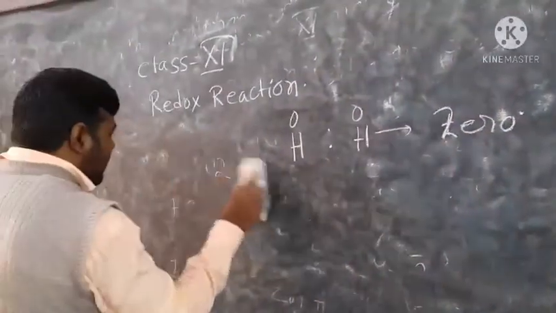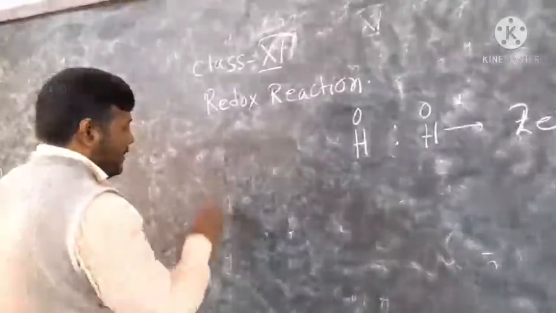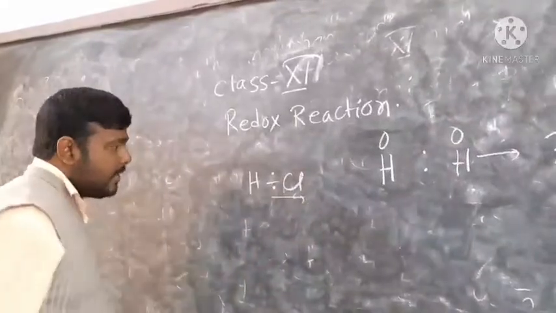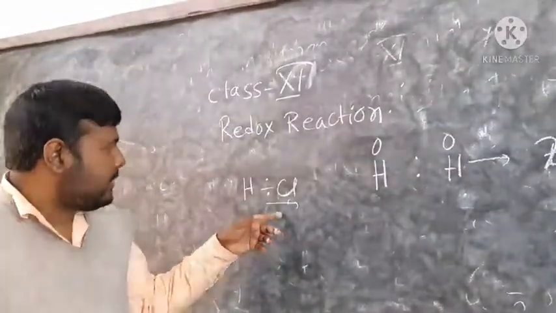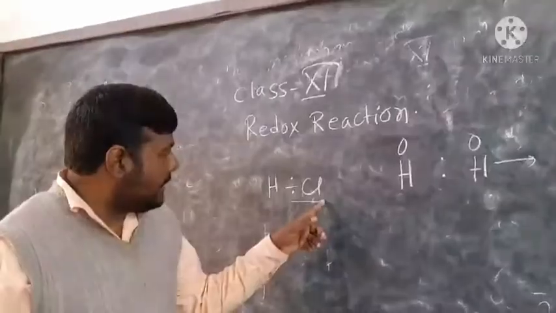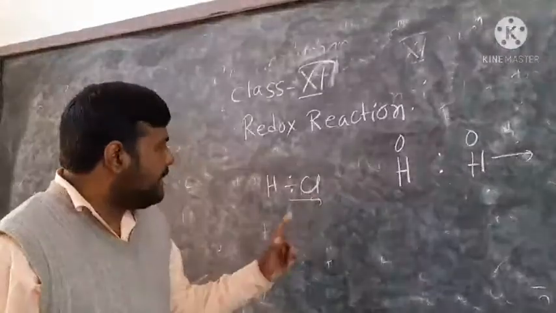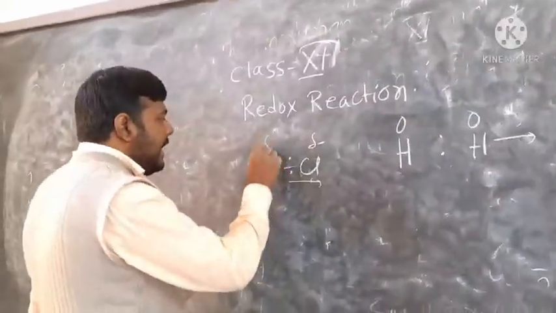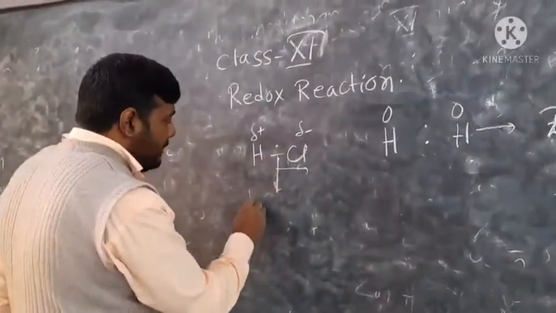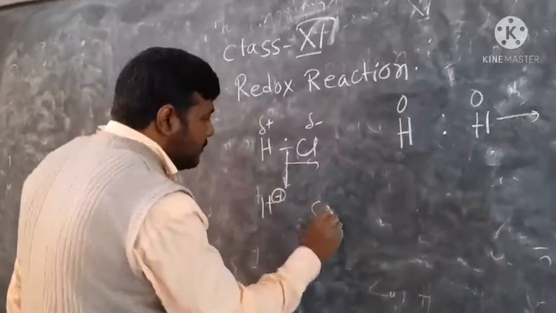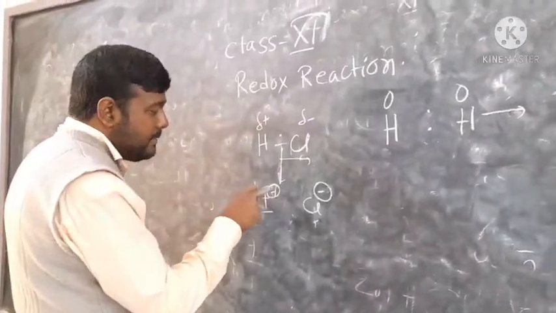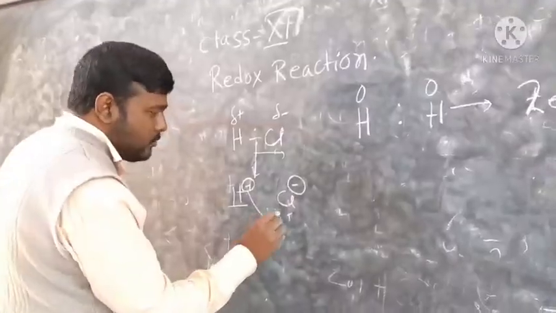Now here you see, if we consider HCl, here the chlorine is more electronegative, you know, and chlorine being more electronegative means the chlorine will shift this electron towards itself, making the chlorine delta negative and the hydrogen delta positive. That means if we remove this hydrogen from the chlorine, then the charge developed will be +1 and here it will be -1. So that is the oxidation state: the oxidation number of hydrogen is +1 and chlorine is -1.